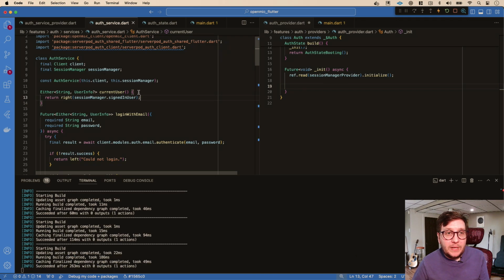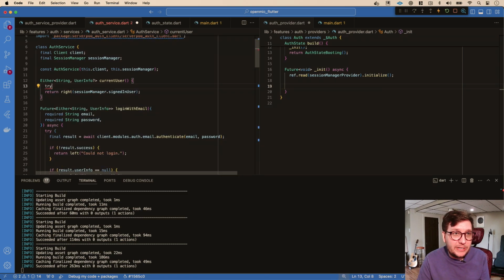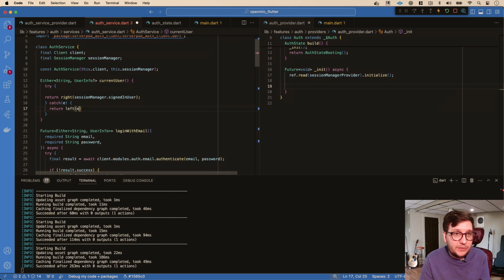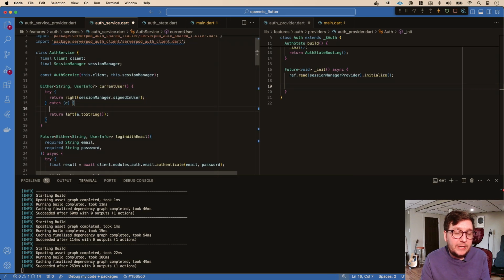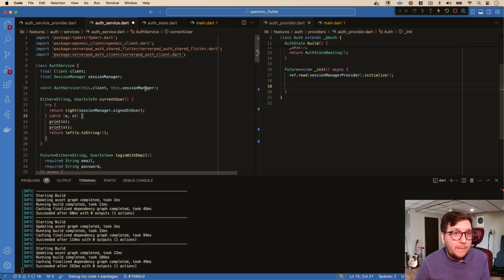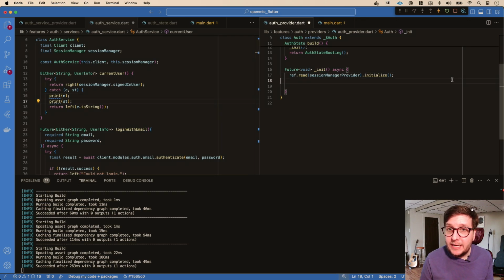All right, cool. I feel like something could go wrong, like maybe if the session manager hasn't been initialized yet. So let's do an error and return left e.toString. And similarly, although we're going to add logging properly at some point, we're going to also just print this stuff, which is nice to do early on. Okay, so maybe an error could happen. The string error, cool. Okay, so after we initialize it, is this asynchronous? It is. So we're going to await this,